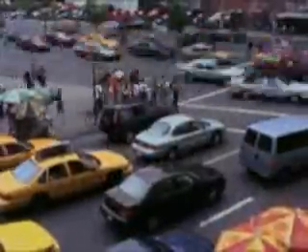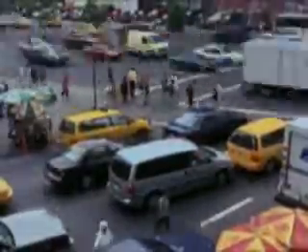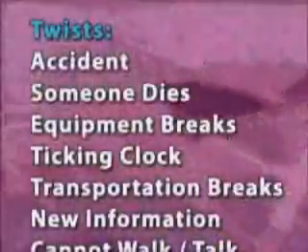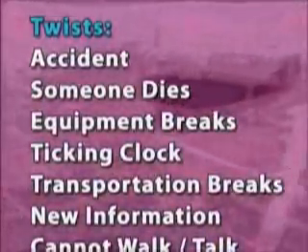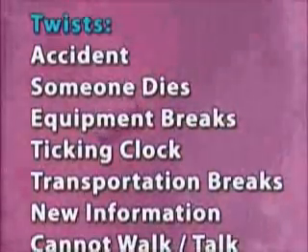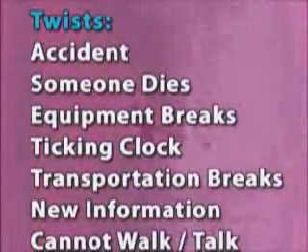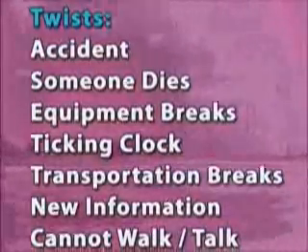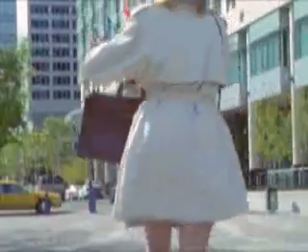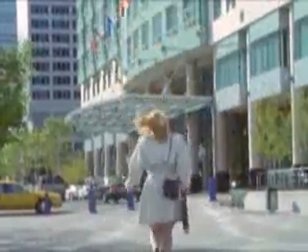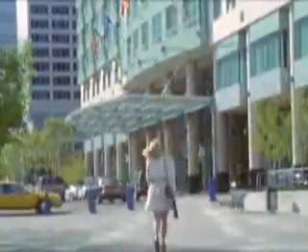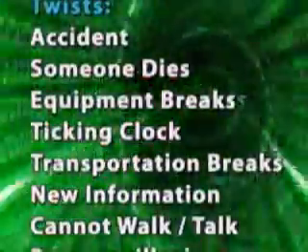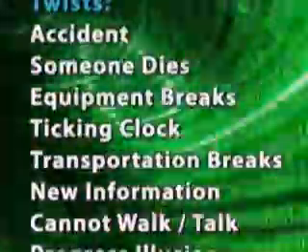So maybe their weapon malfunctions or their car breaks down or their horse dies and they have to keep going and come up with a new idea on how to get there. Or maybe there's a sudden change of plans that are announced. Maybe the past comes back to bite a character in some form. Maybe a character from the past comes back seeking revenge, or some information is discovered about the character from their past. New information could be revealed that changes the plot goal.